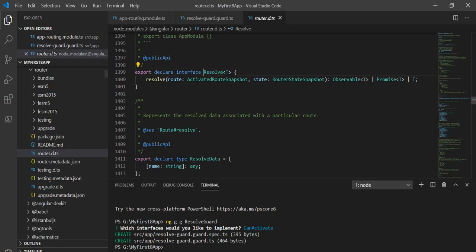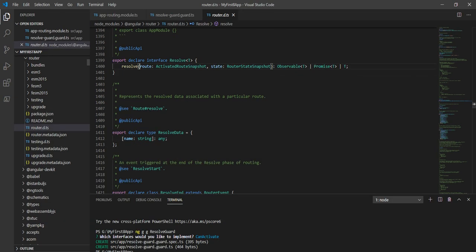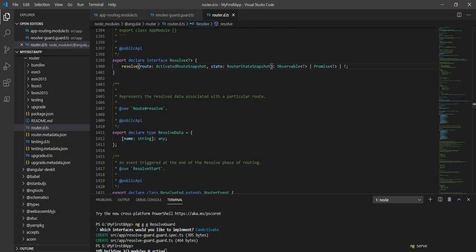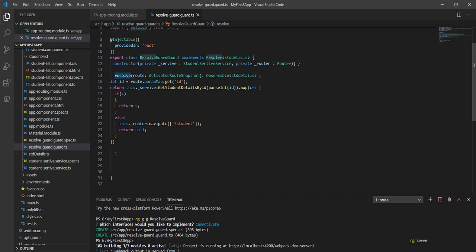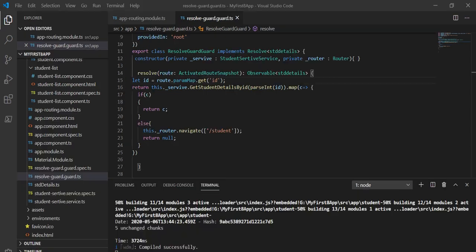If you press F12, we will see this interface contains only one method, that is the resolve method, and we implemented the same method here. Here, based on the ID, we are checking if c, meaning if the data exists, then return that record, otherwise we are going to navigate to the student page.